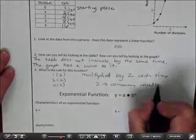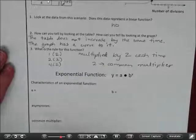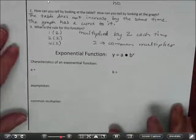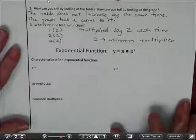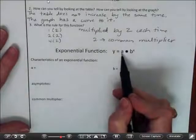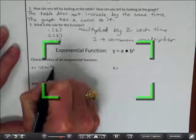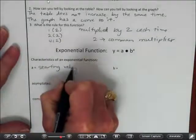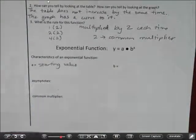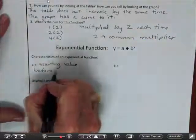So we can also say that 2 was our common multiplier. We've already used that term. That just means what do you multiply by each time? That's the common multiplier, just like we talked about the common difference on our arithmetic sequences. So every rule for this looks like this, and it looks very familiar to what we did with the geometric sequences. A is our starting value. Now we are going to add one thing because we are talking about actual word problems here. This is going to be the starting value before any...